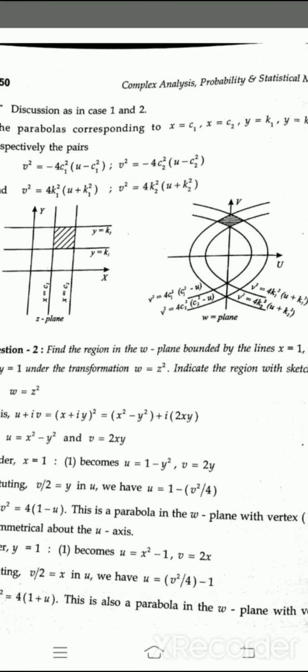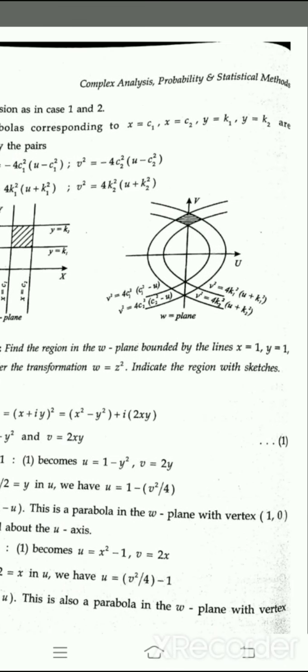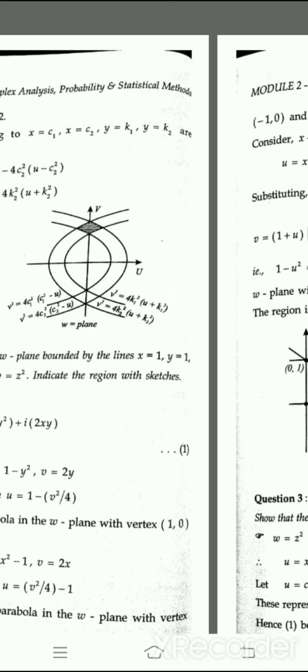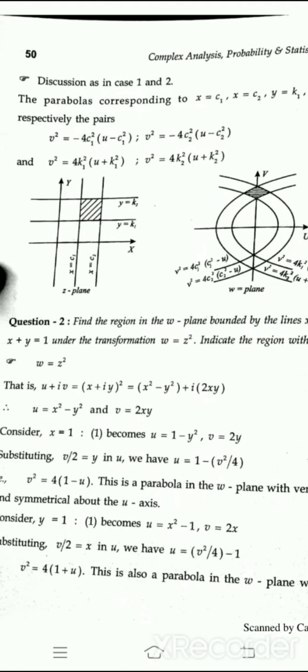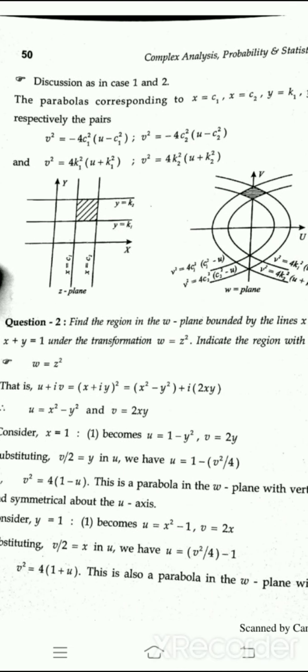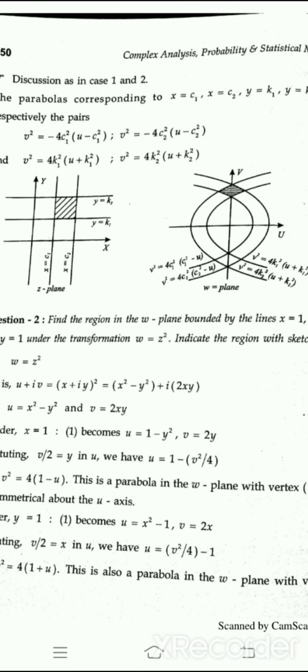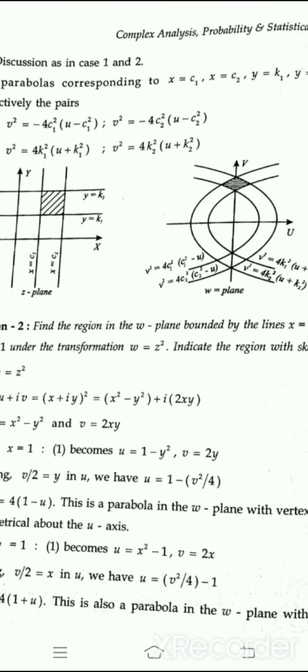Okay, so what is that? The parabolas corresponding to x = c1 and x = c2, and similarly y = k1 and y = k2, are respectively the pairs v square = -4c1 square (u + c1 square), v square = -4c2 square (u + c2 square). Here also, you have to take the z plane and the w plane and draw the diagrams. And for similar types of questions,